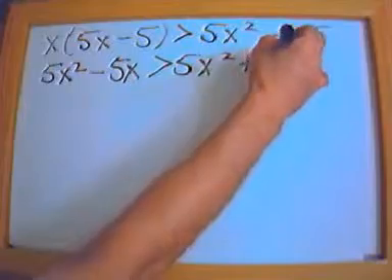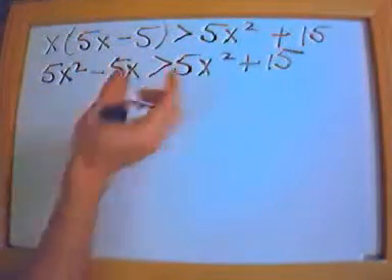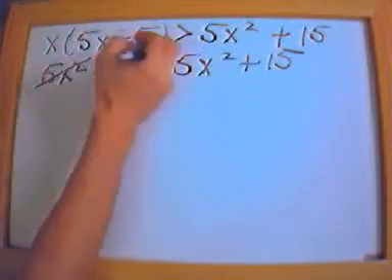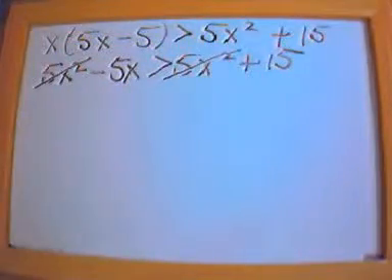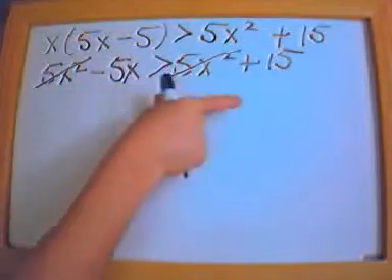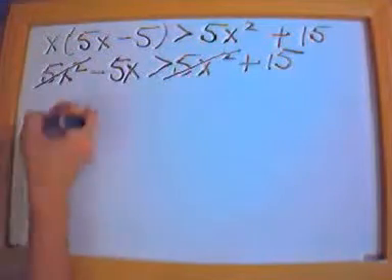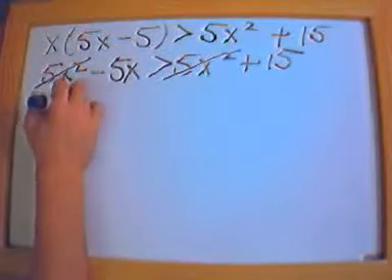I just rewrite the right-hand side of the entire equation here. Notice I've got a 5x squared and a 5x squared. Those are going to go away. And it's the same reasoning as regular equations. It goes away because I can subtract 5x squared from both sides of this equation, and that means this one would go to 0 and then this one would go to 0. So they just drop out. So I'm left with negative 5x